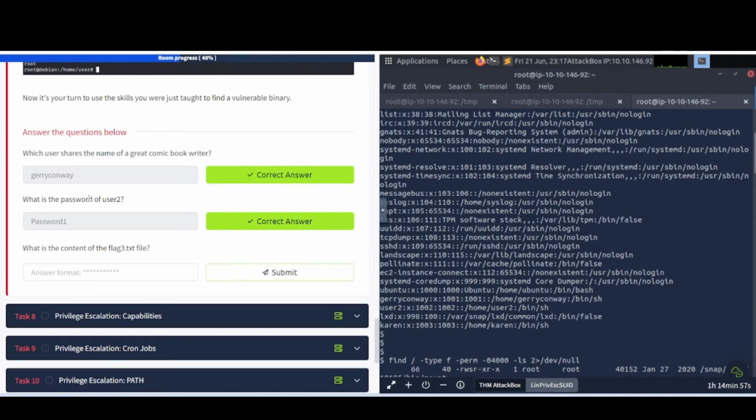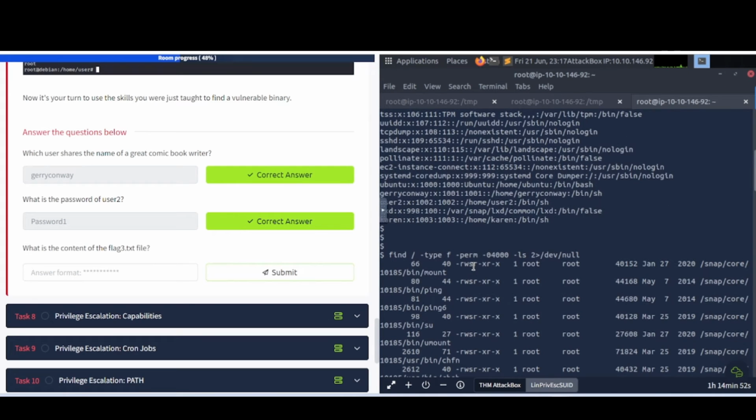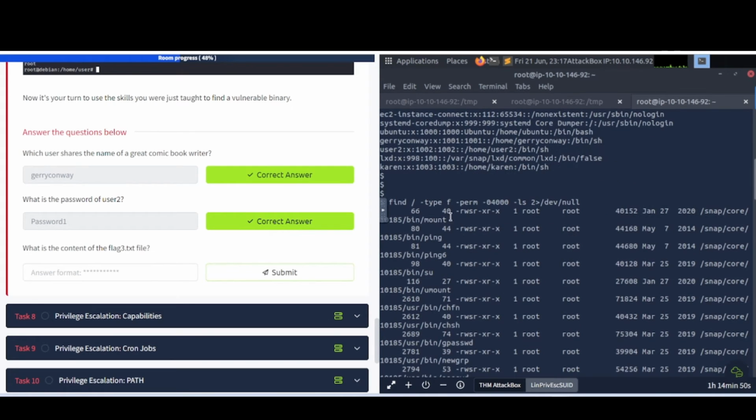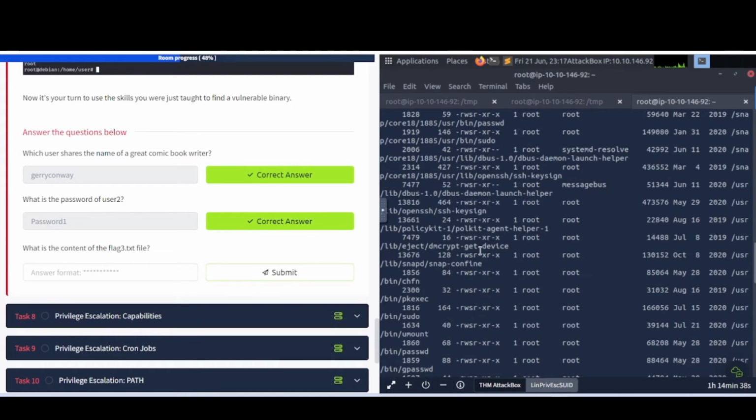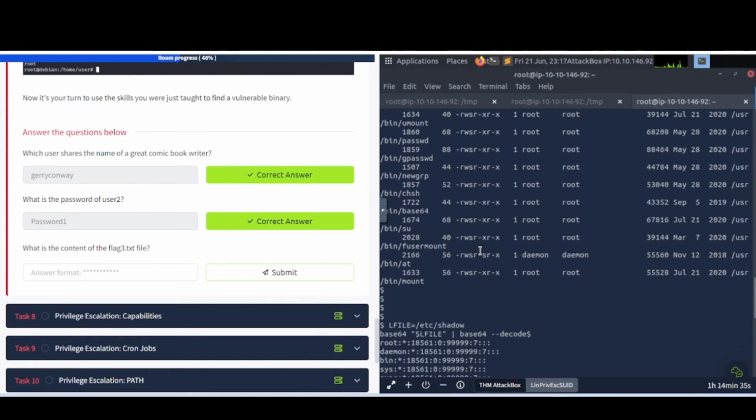And the next one says, what is the password of user 2? Now, in order to get to this one, we have to escalate the privileges. First off, you go in and try to figure out which one has that sudo set for it, right? And you can do that with this find command here. I went through and did that, and finally figured out which one it was, and it turned out it's going to be this